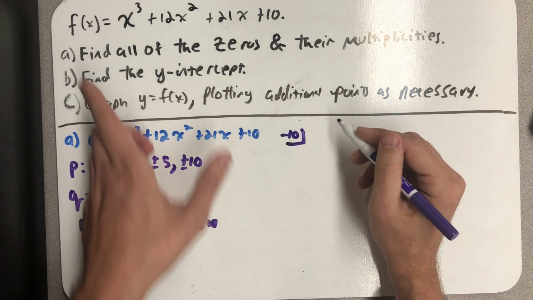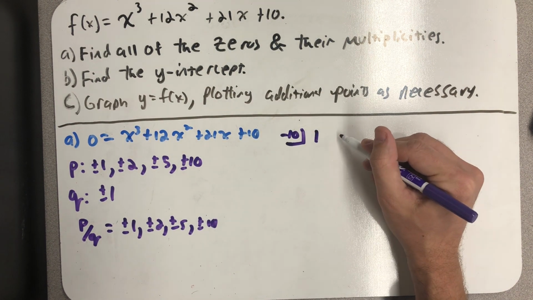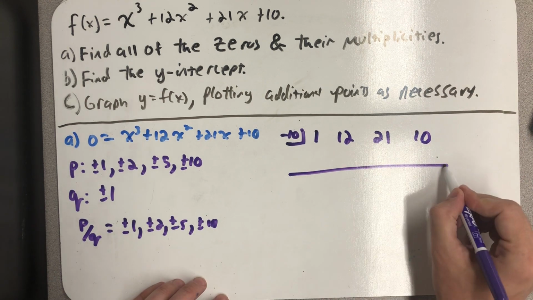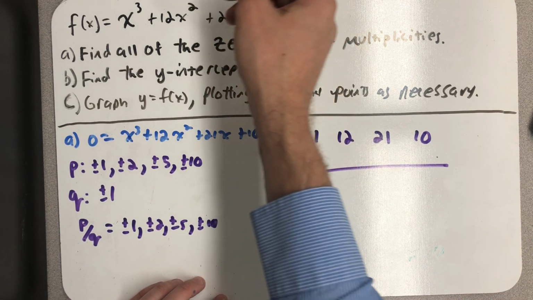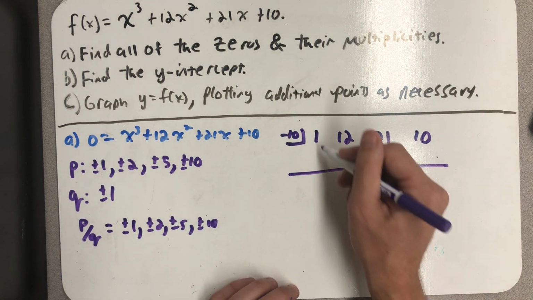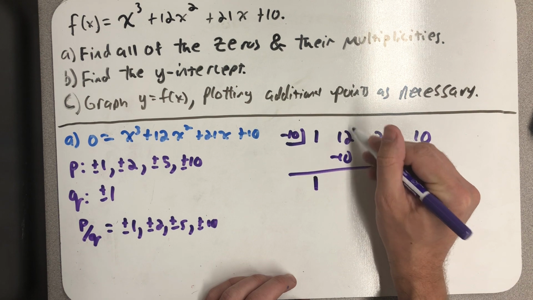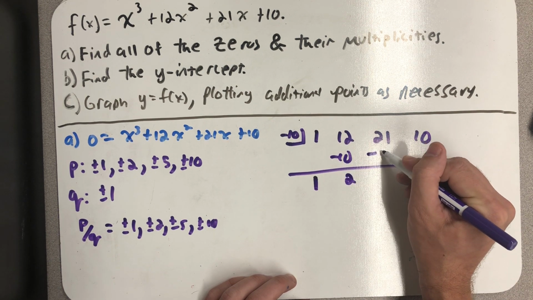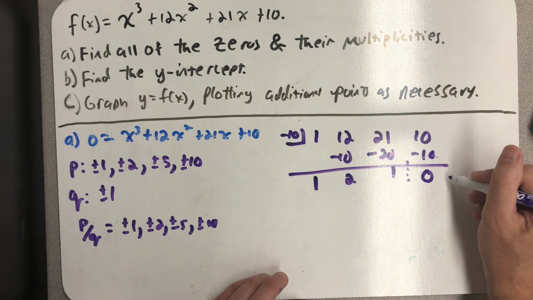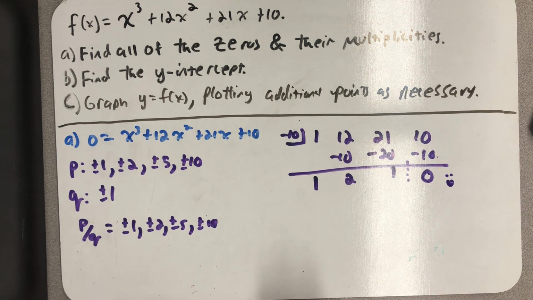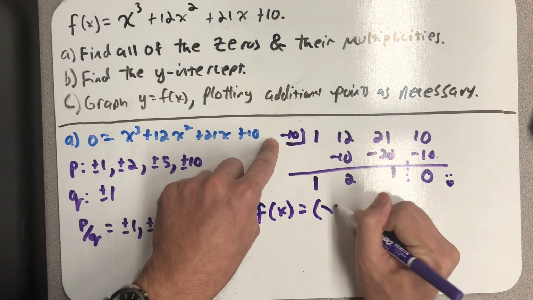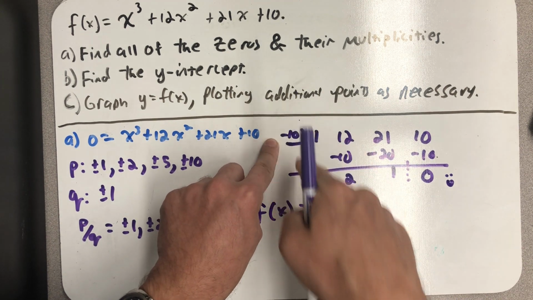So minus 10 goes in the box. And then I need to write down the coefficients of my polynomial. No placeholders necessary because I see every possible power of x: 3, 2, 1, 0. So I just need to do the synthetic division. And this is the part where we're happy because we get a remainder of 0, which means we have found a factor. So I can write f of x as x plus 10,